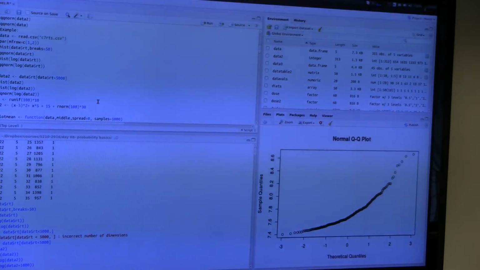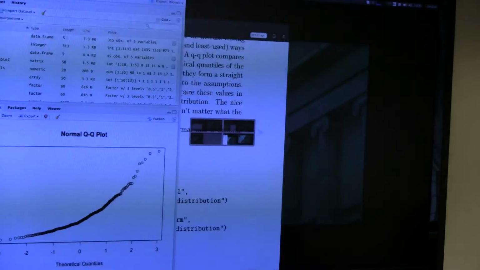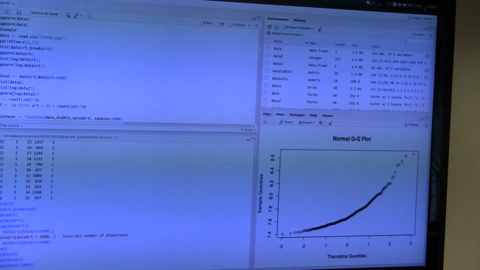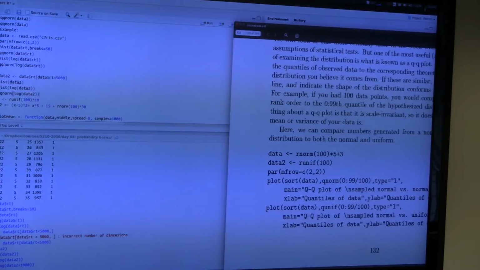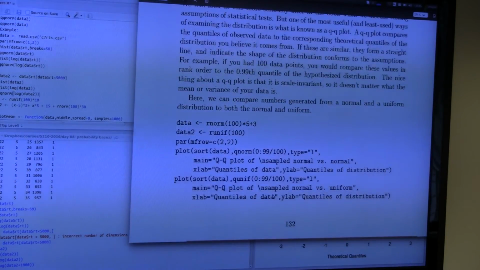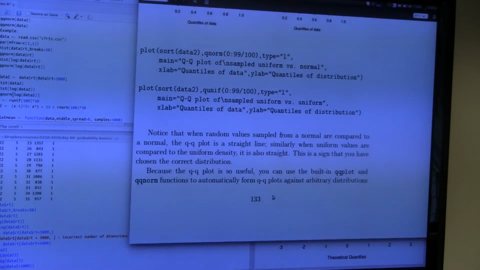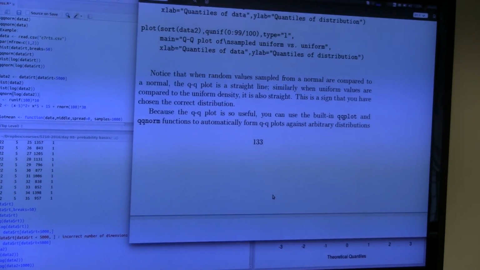Whether or not that really matters depends on the particular application and what type of inference I'm trying to make. Okay, so those are QQ plots, which help us understand whether our data match